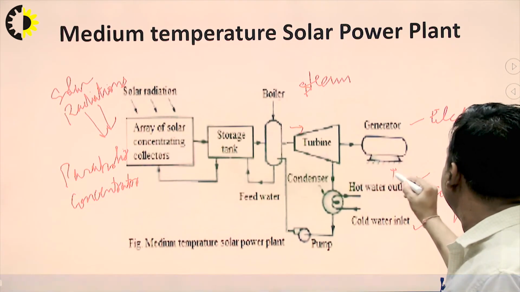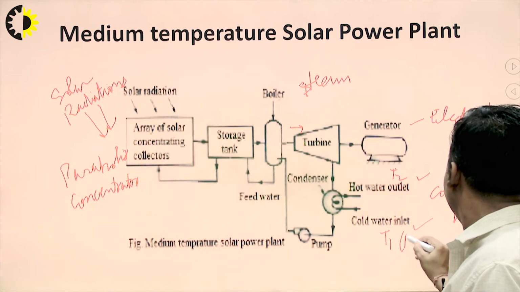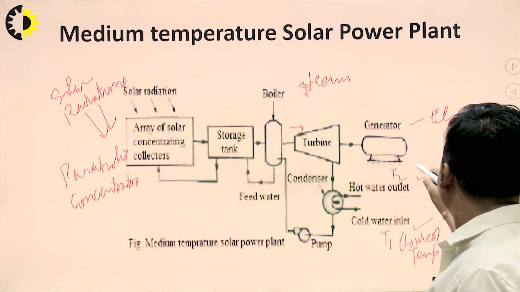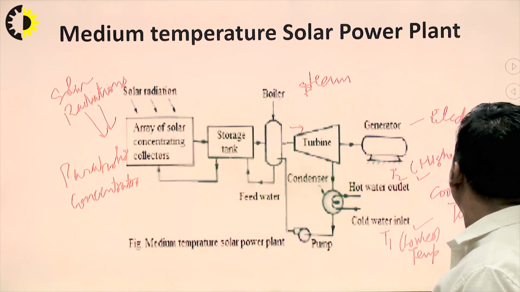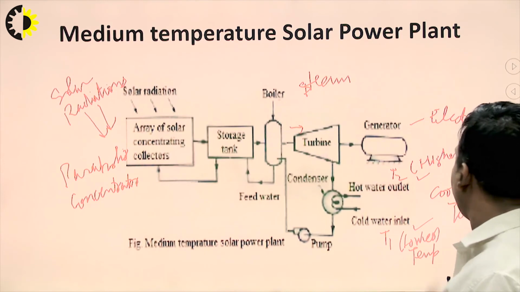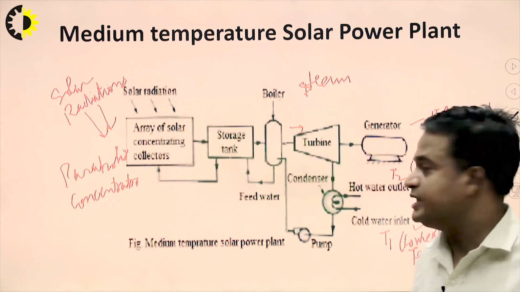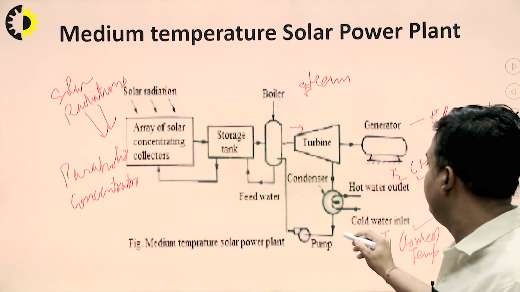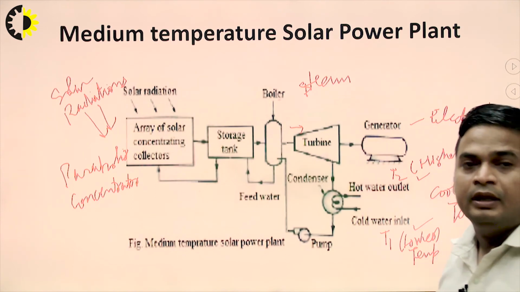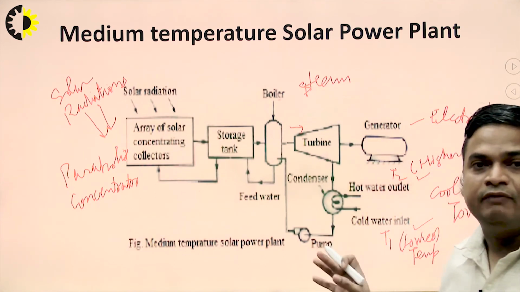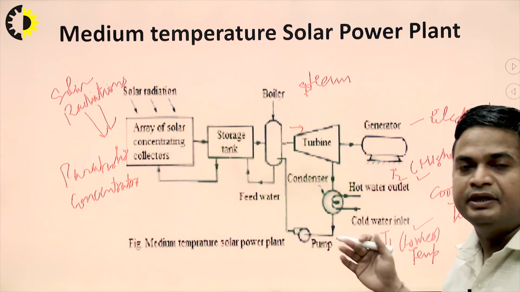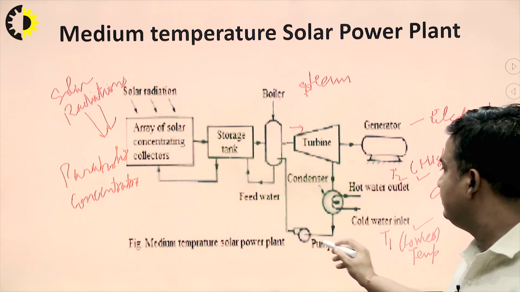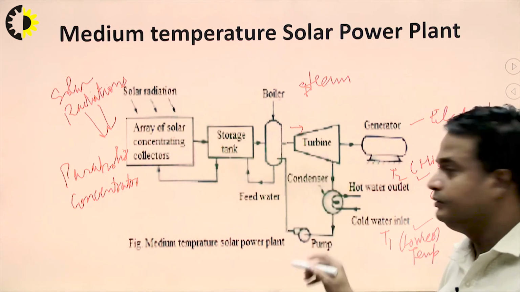This is T2, this is T1, higher and lower temperature. This is at higher temperature, and this cold water takes the energy from the steam, and this steam gets converted into liquid form, and this water again recirculates through the cooling tower, discharges the heating energy and converts into lower temperature. Then this is pumped through again to this boiler.